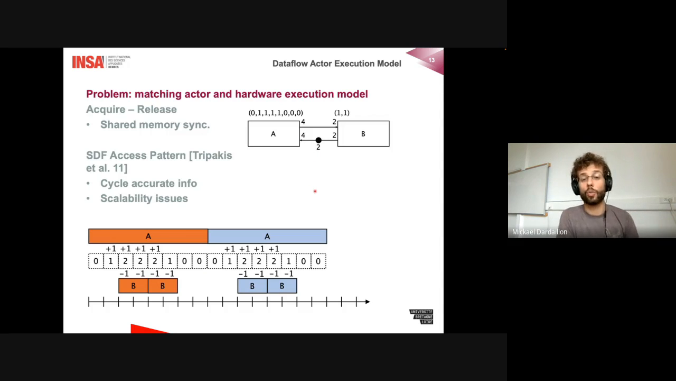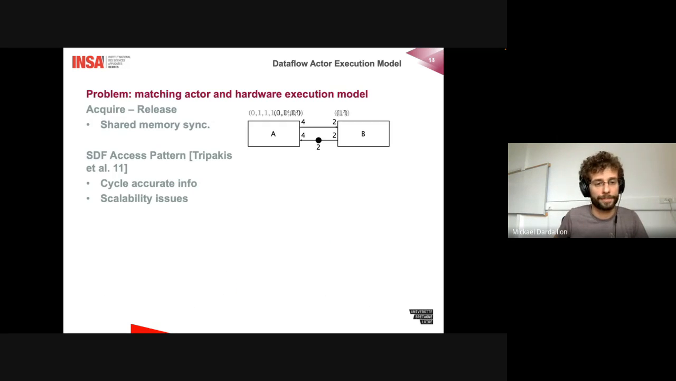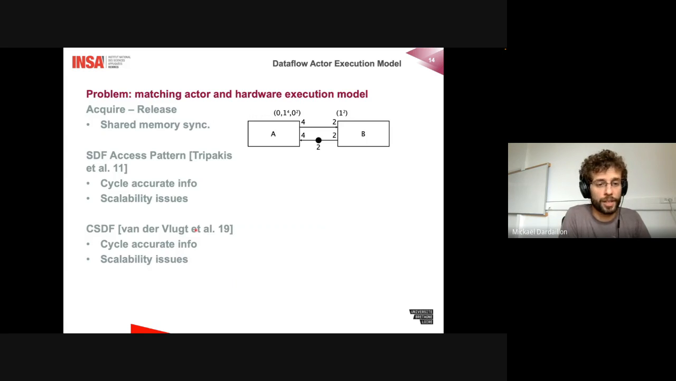So that's a way to use an FPGA, but those approaches have some issues: they need info that you may not have, especially as we are outside the HLS tool. We don't have the scheduling information from HLS, and scalability is a real problem in general. There's also more recent work using CSDF, which is another version of SDF, where we present